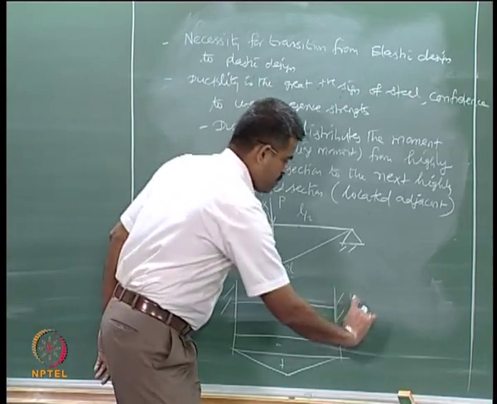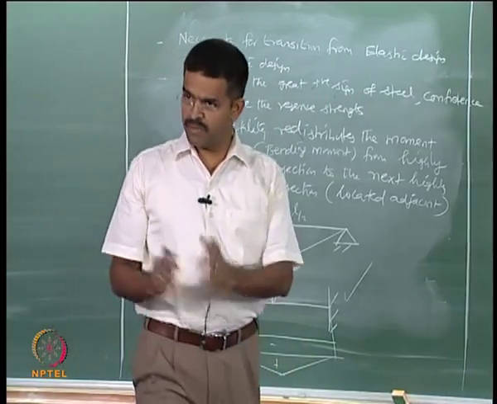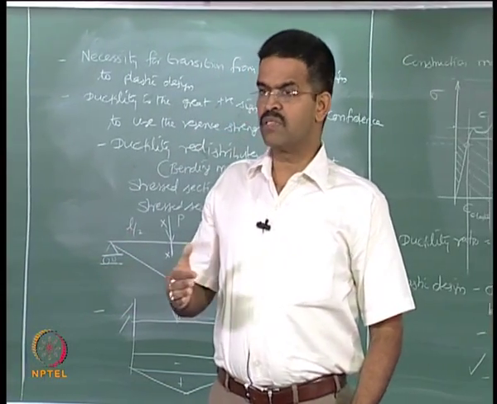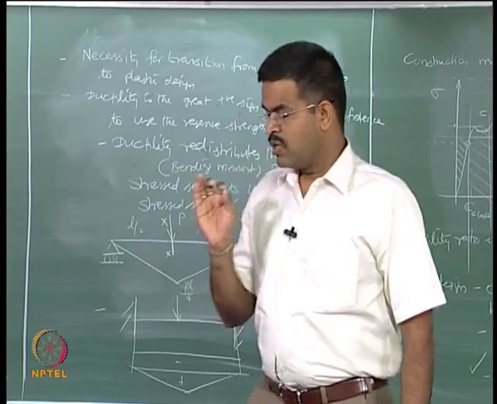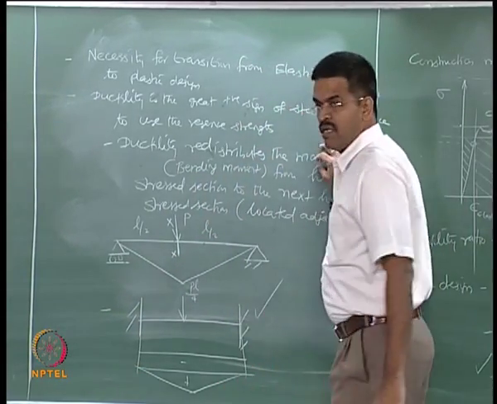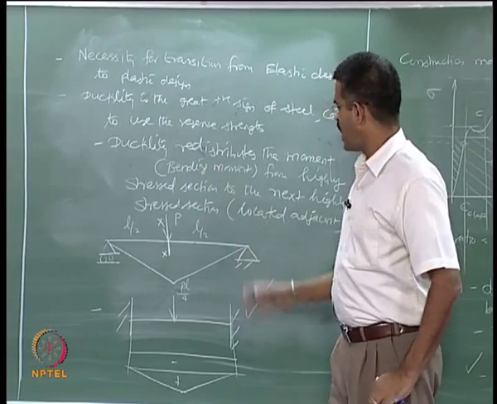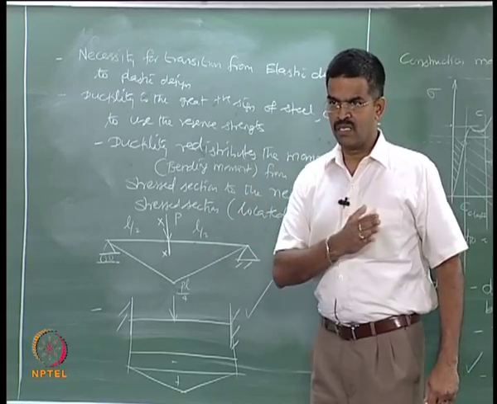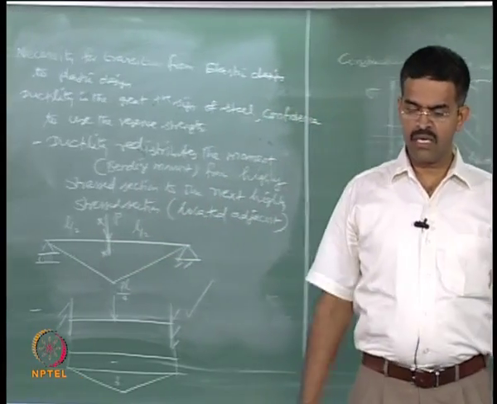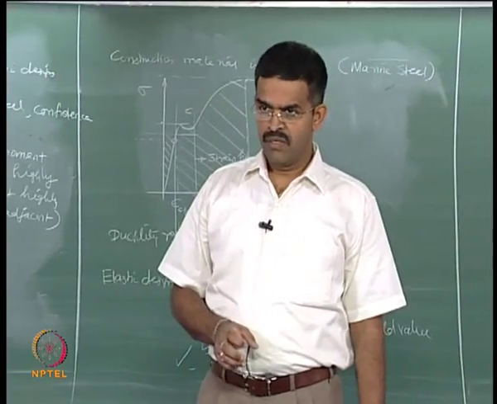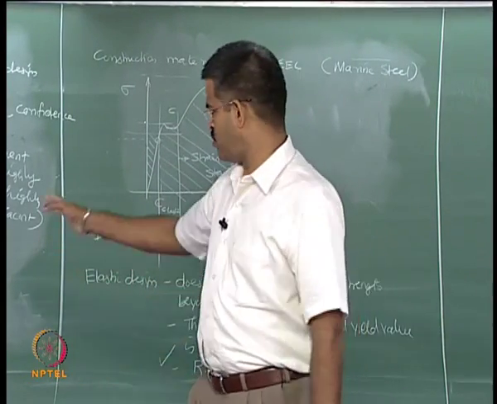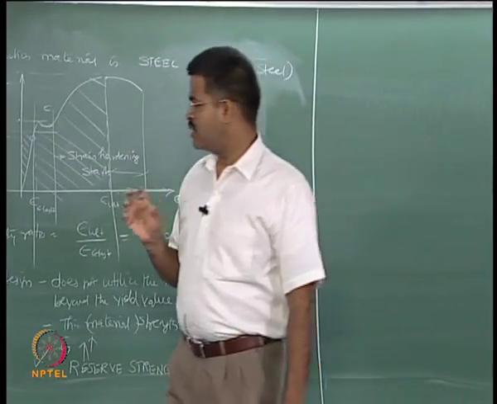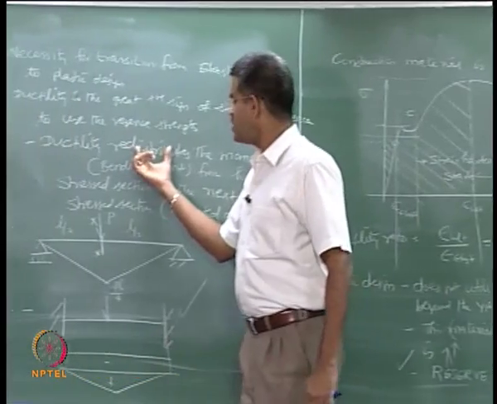So, when the member or the structure is statically indeterminate, then you get successive sections which are in the sequence of getting highly stressed. So, the bending moment will get redistributed from the highly stressed section to the next successive highly stressed section in the member, but the structure should remain statically indeterminate to use this facility. We will talk about this slightly later in plastic design in detail. So, here is only a hint. So, it is that capacity of redistribution of moments